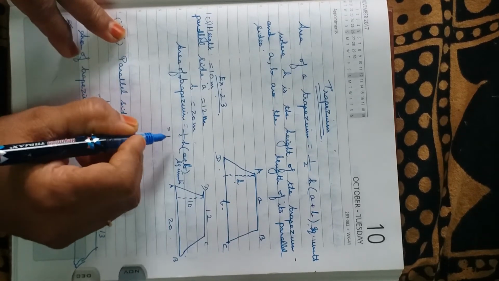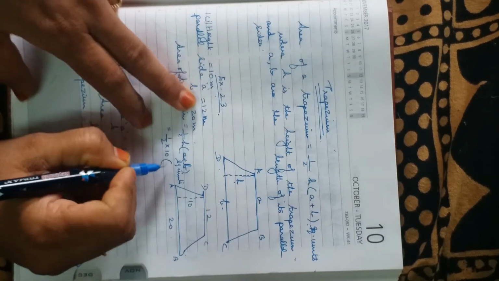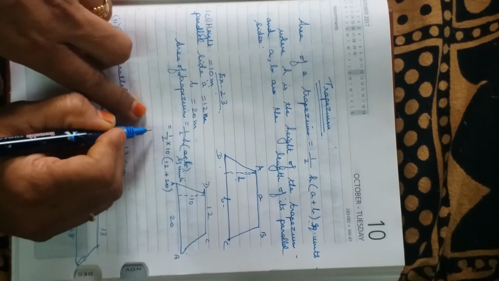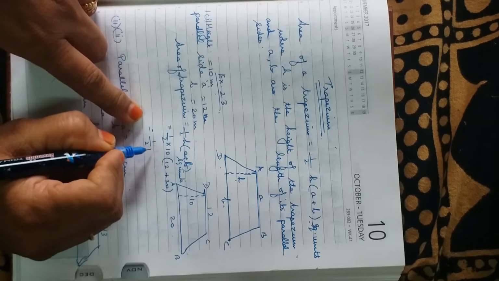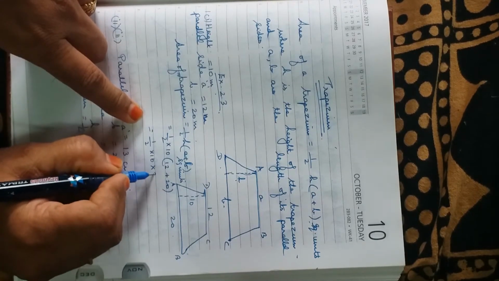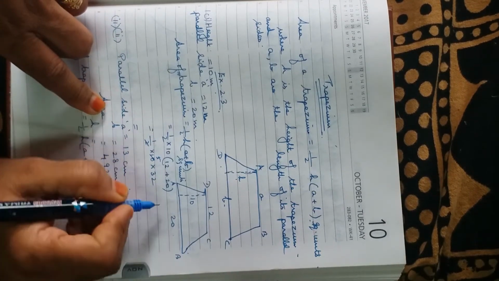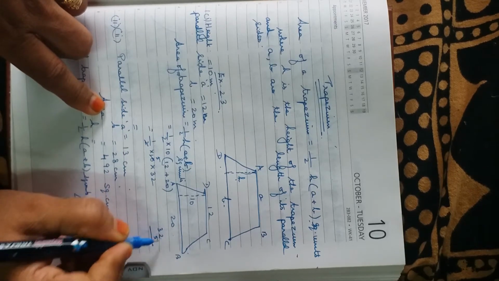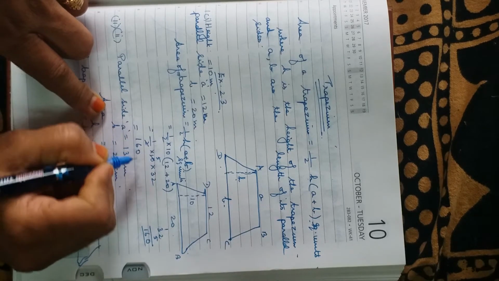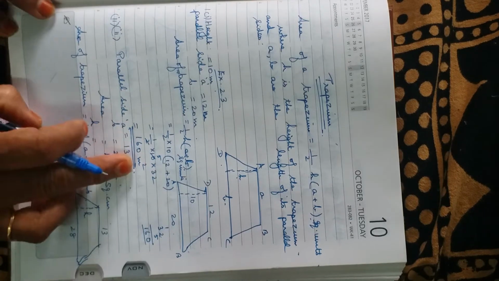You can substitute the values. It is equal to half into, your h is given as 10, into a plus b. You can write within the brackets 12 plus 20. First you will add the value, then you will multiply. So, half into 10 into 12 plus 20 is 32. Cancel, that means 5 times. So, it is equal to 5 into 32. 32 into 5 is 160. If it is given in meter, you will write meter square. So, this is your answer, 160 meter square.